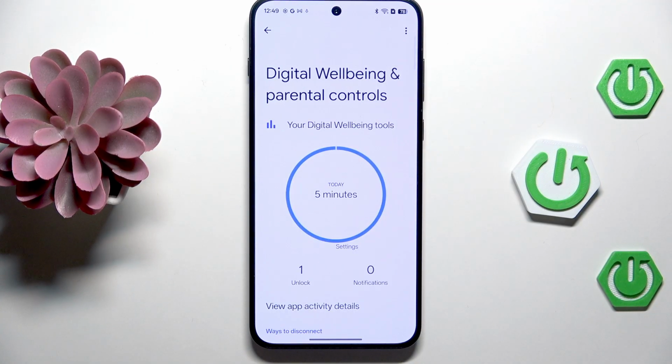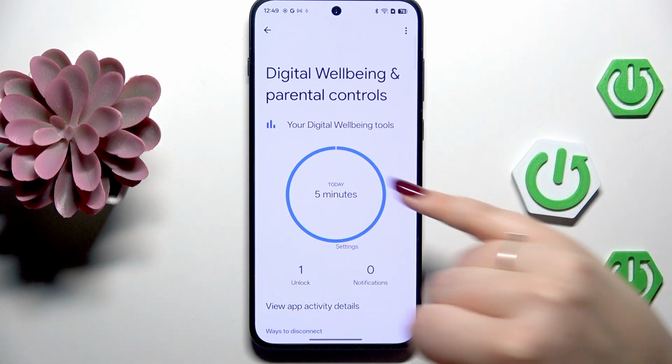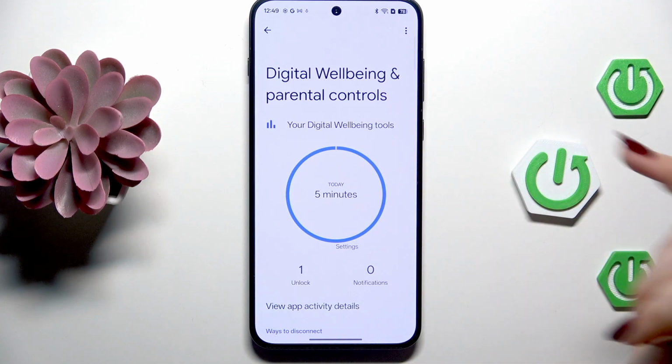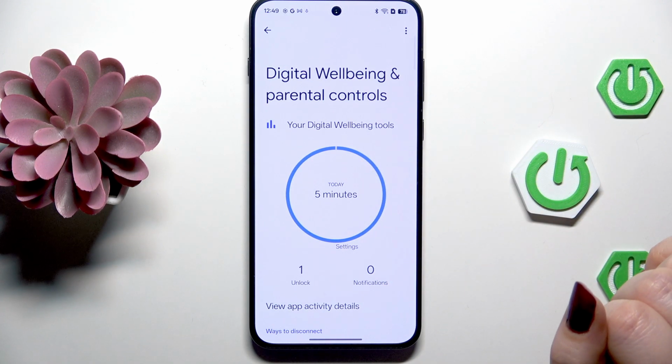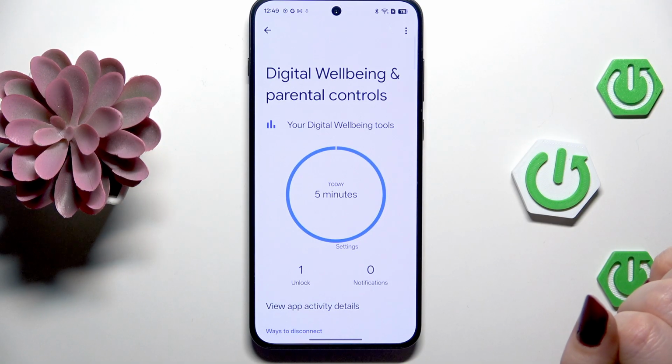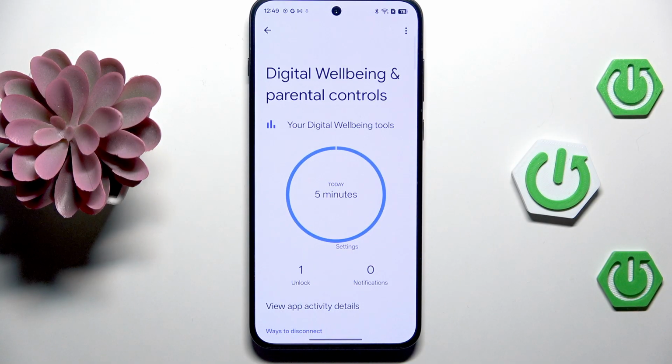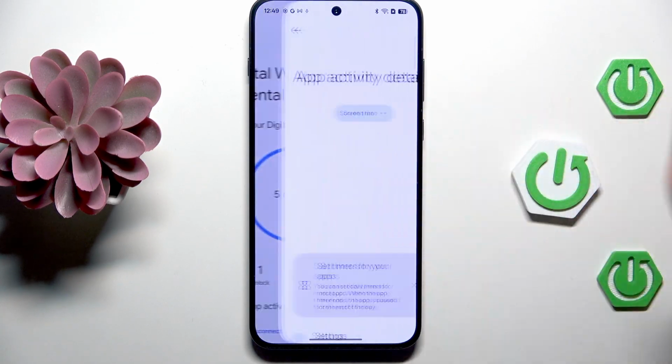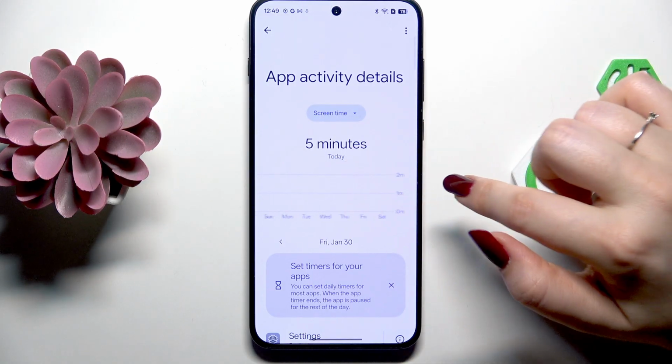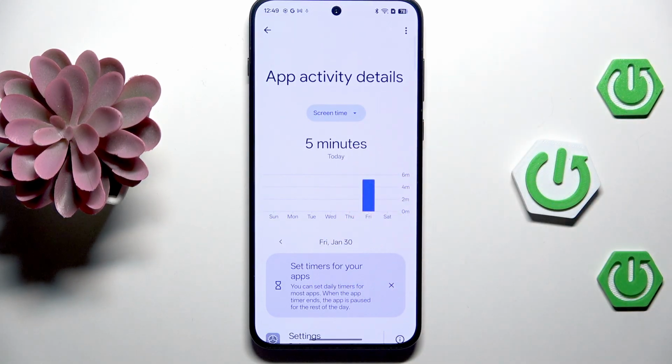So right here we've got the graph which will show us for how long we've been using this device today. So in my case it is 5 minutes, and most of the time I've spent on the settings, as you can see, and no other app is available right here. We've got also unlocks and notifications count, and basically you can check some further details just by tapping inside the graph, and you will be transferred to the dashboard where you can check the specific